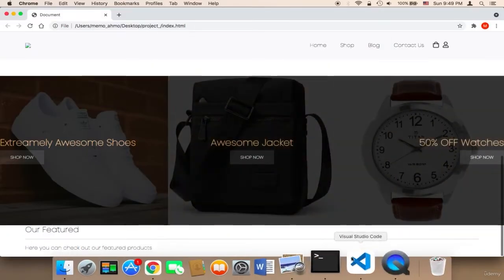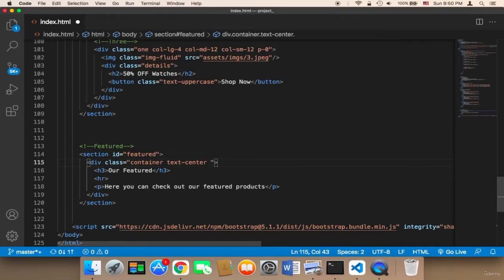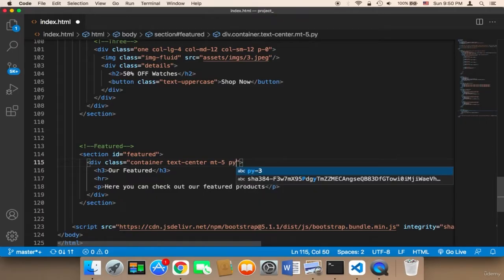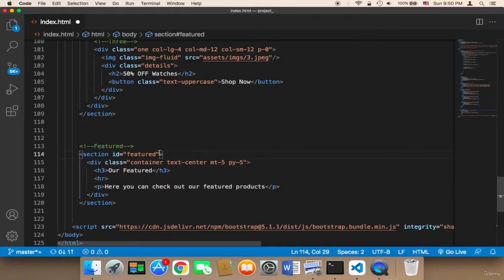And that can be done using the margin top 5, which is a bootstrap class, and the padding y, which is going to add a padding from the top and bottom. And also I'm going to add padding and margin to the section itself. So for the section itself, I'm going to say class, and then my-5